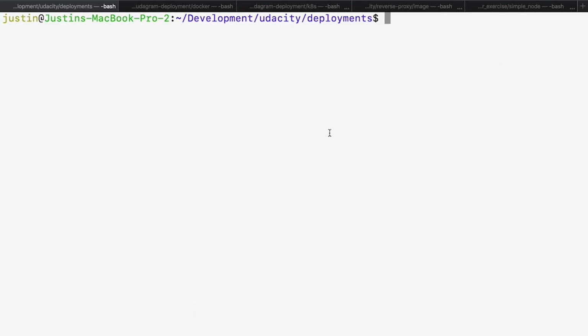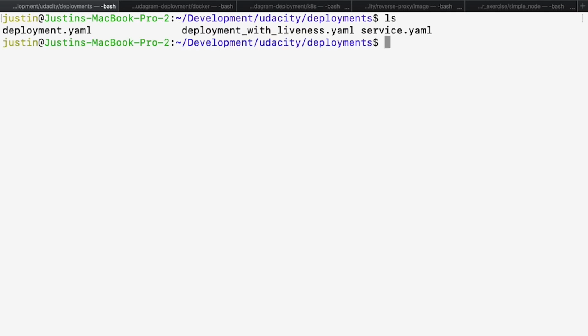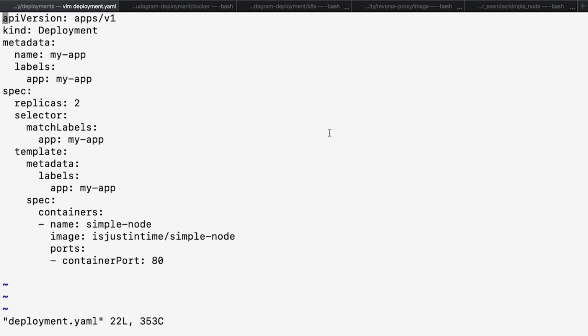To start off, when we deploy an application with Kubernetes, there are two basic components that we would want to configure. The first one is something called a deployment YAML file, and the second one is called a service YAML file. The deployment YAML file specifies how we deploy an application. In practice, we would be using this to set up what Docker container to use and configurations of the pods that would be created off of it. The service YAML file specifies how we will set up the service that exposes our application to our consumers. So let's start off by taking a quick look at what these files might look like.